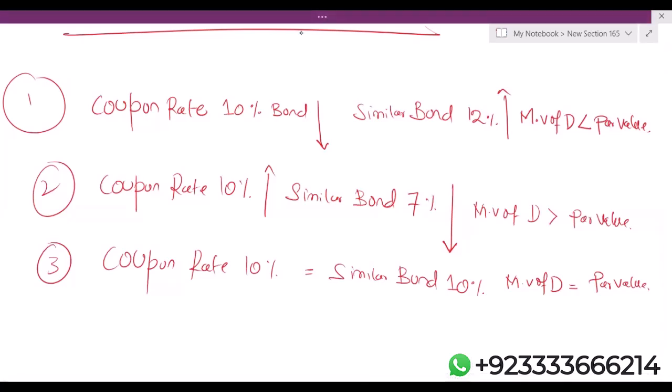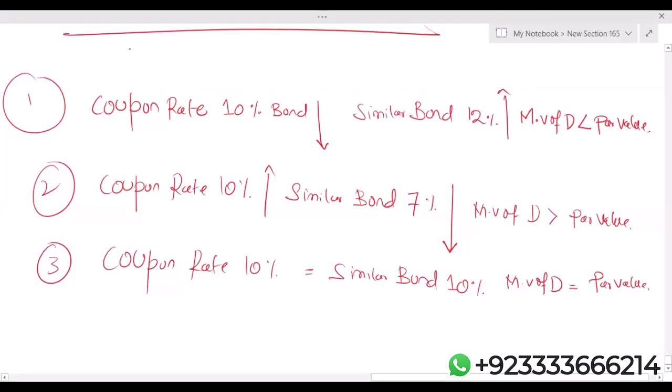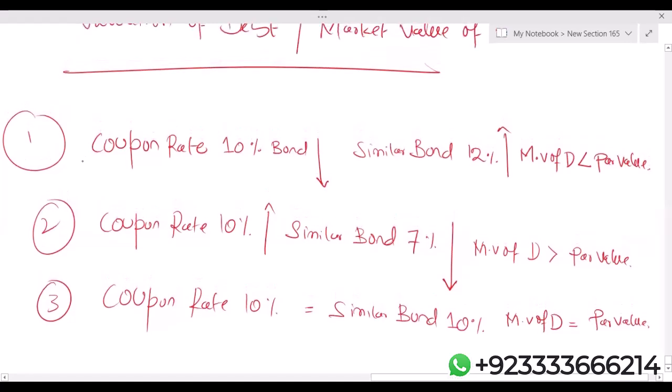Now, a very important concept I want to discuss. What is that? I have discussed 3 options: 1, 2, and 3. Now listen, your debt might have a market value lower than par, more than par, or equal to par. Now listen carefully. These 3 outcomes are only possible